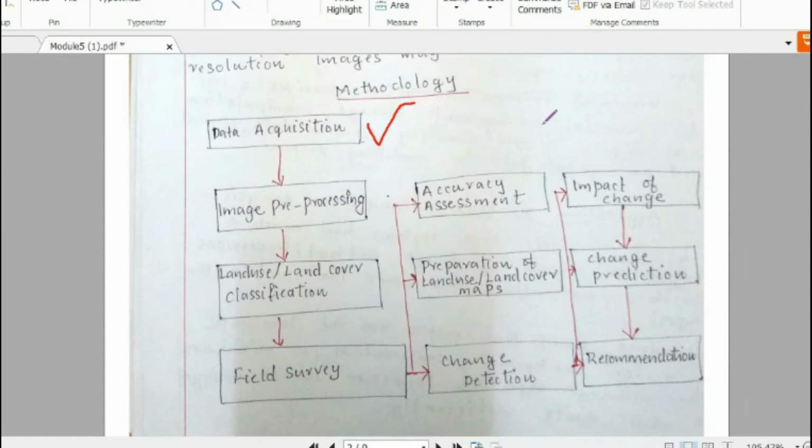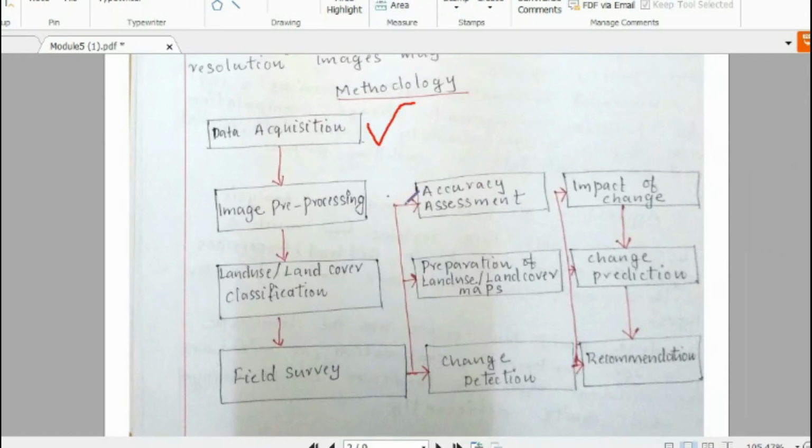As we already know, the satellite or sensor can cover a vast area in an image, and that data will be provided as input data into the GIS, and various other non-spatial data will also be collected, like survey data or other characteristics of each feature present in that area. Those are called non-spatial data. Location-based data will also be collected, that is called spatial data, and the satellite images will be provided as the input base map. That is what happens in data acquisition.